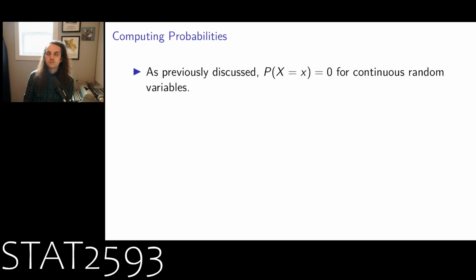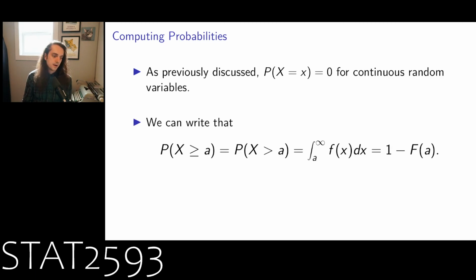Now, we've previously discussed, and I've re-emphasized over and over, that any singleton has a probability of 0 for continuous random variables. However, we can integrate to get the probabilities of events. So if we wanted to know the probability that x was larger than some threshold a, the first thing to note is that